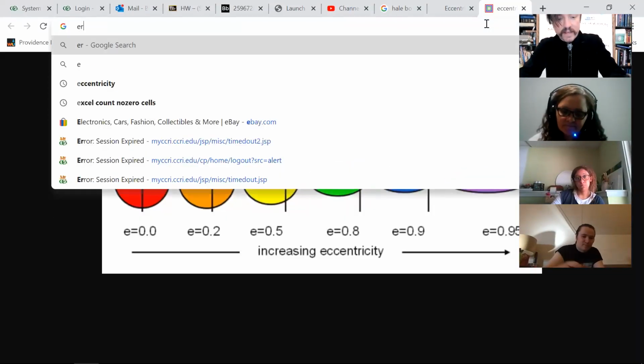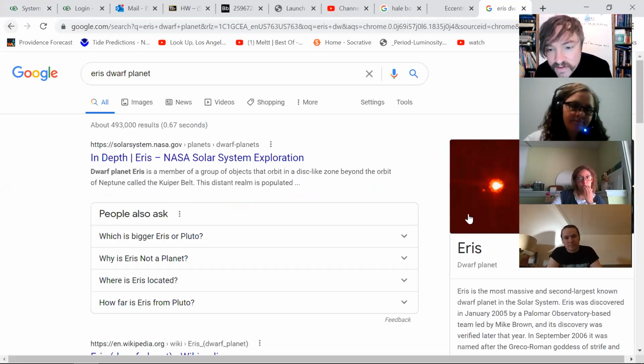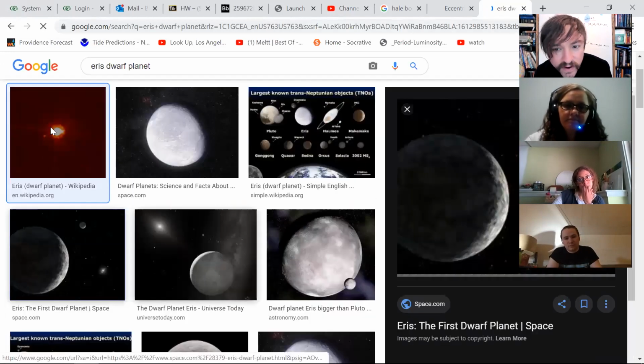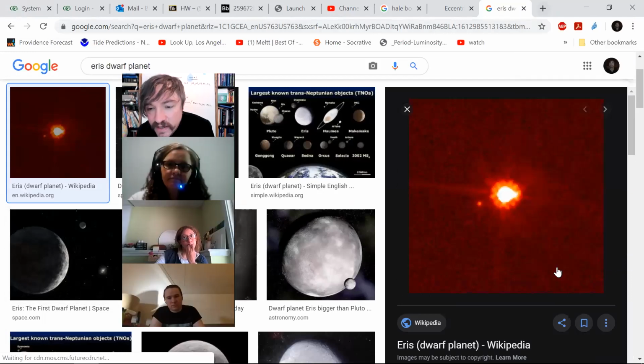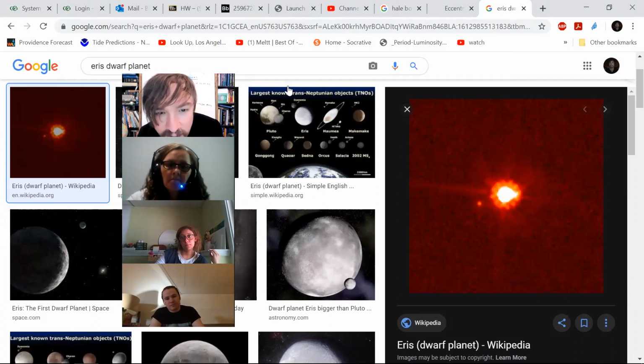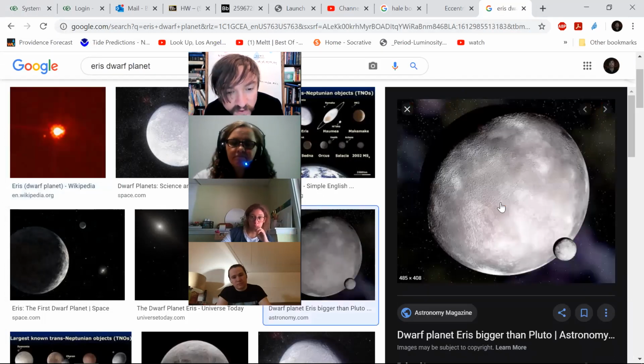Now, unfortunately, Eris, the dwarf planet, we don't have a good picture of it. This is our best picture to date of Eris. It's so far from the sun that even with powerful telescopes, it only appears as a bright spot. And do you see the secondary spot? Eris actually has a moon called Dysnomia. That hasn't stopped artists from trying to imagine what Eris would look like. We imagine it would probably look kind of like Pluto, like an overgrown ice ball with frozen nitrogen on it.